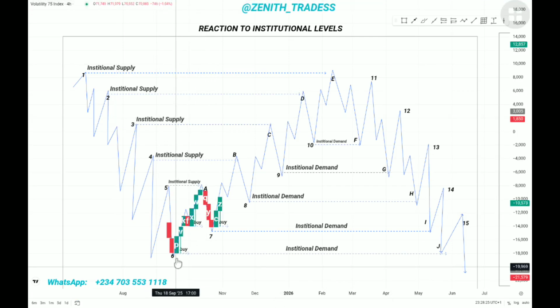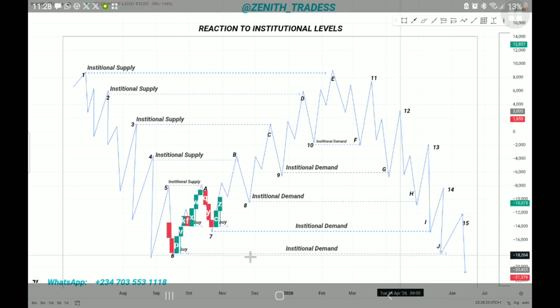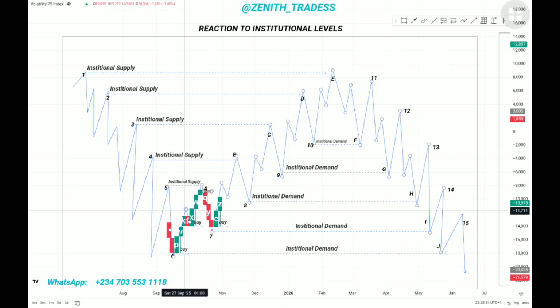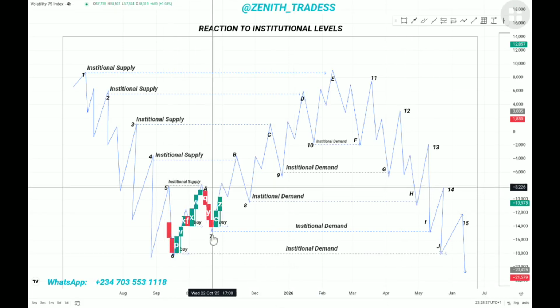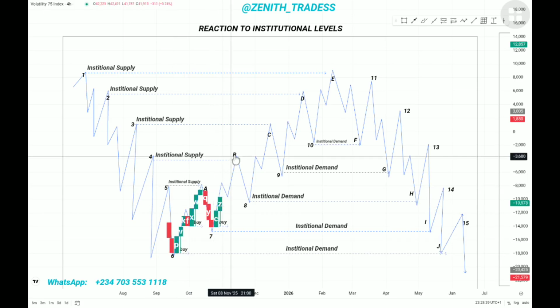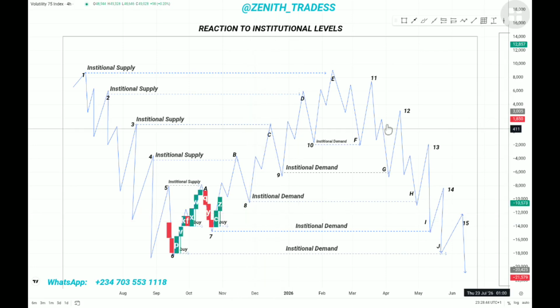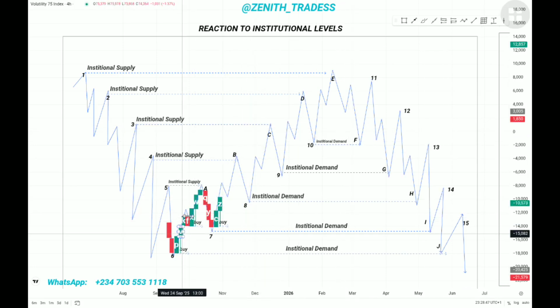Price moves from structure 6 here to A. 6 to A is an impulsive move, A to 7 is a corrective move. 6 to A impulsive, A to 7 corrective, 7 to B impulsive, B to 8 corrective. We already know this, there's no need for us to waste time. Now when 6 moved to A, it reacted to 5 before it began its corrective move and pushed price to 7. B reacted to 4, institutional supply,